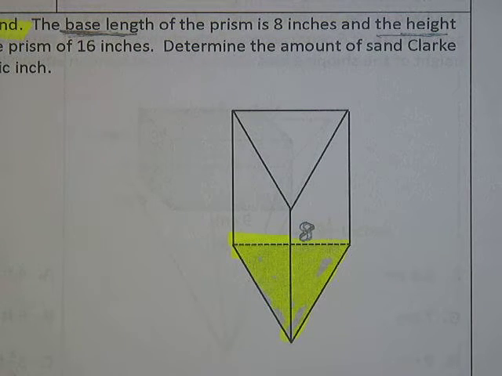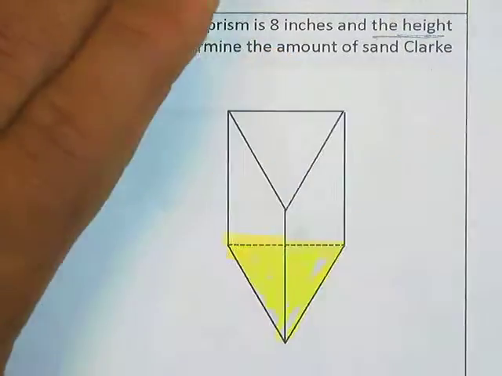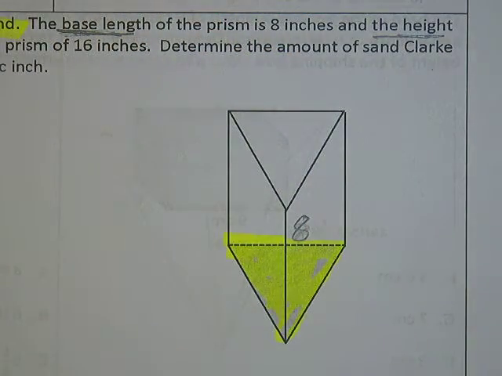The base length is 8. Okay? 8 is there. So the base length is 8. Let me erase this real quick because it doesn't want to do it. Okay, so I'm going to put the base length is 8. Okay, 8. And I know that the height